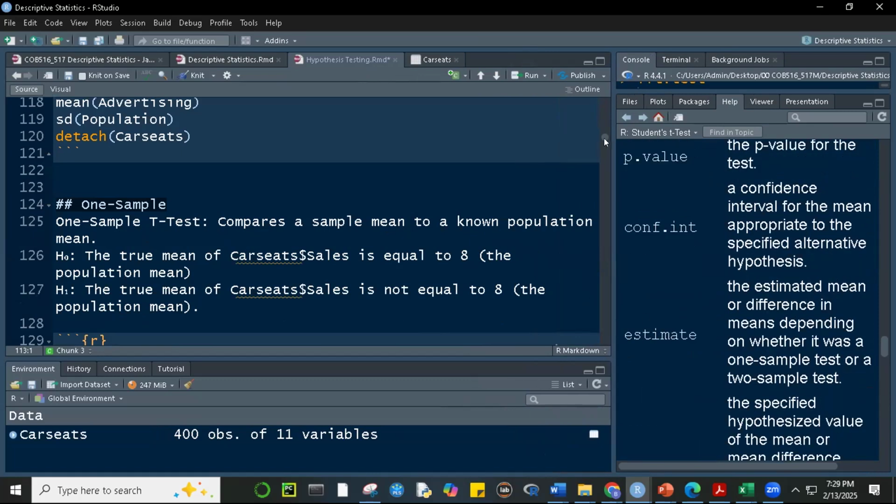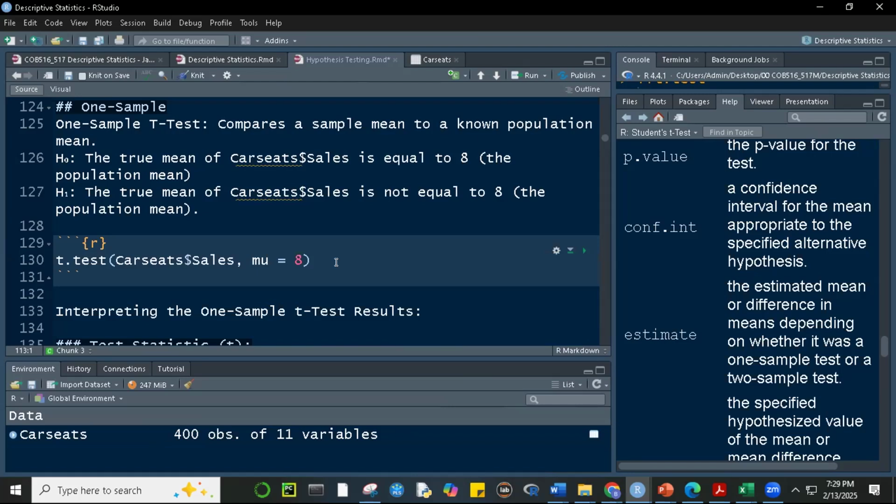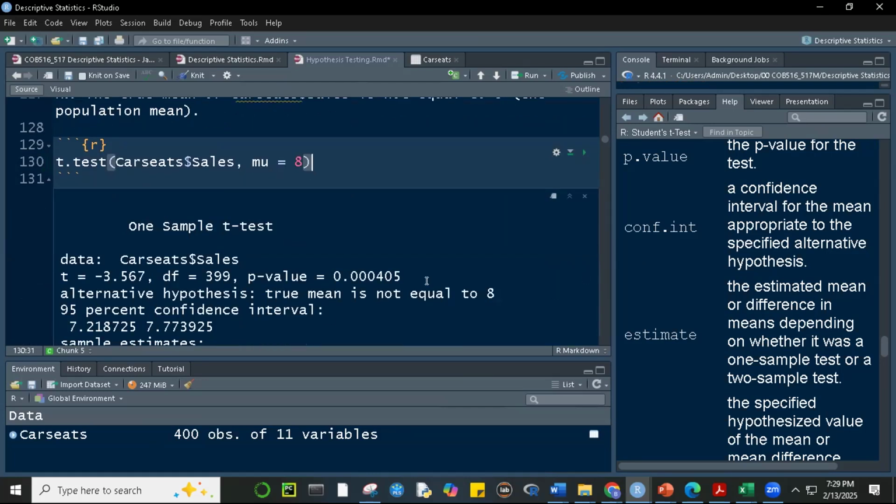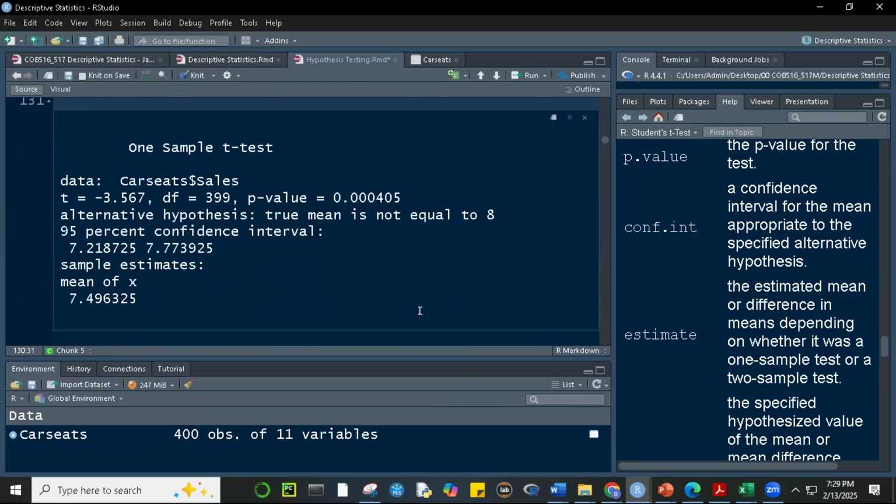So let's now go here. We're just using a simple one here. We identify the data, and it's car seats and then sales. And then we would like to compare it with the population mean, which is 8. All right, so let's run this. So we have some outputs here. So data is car